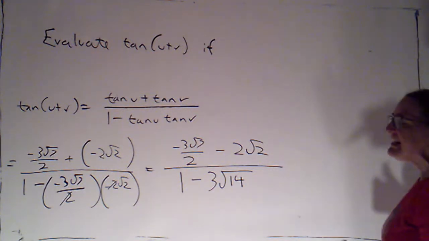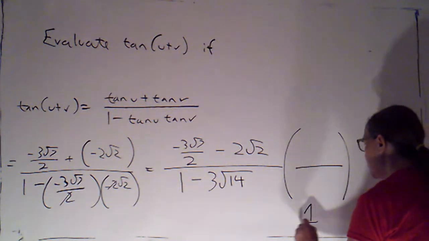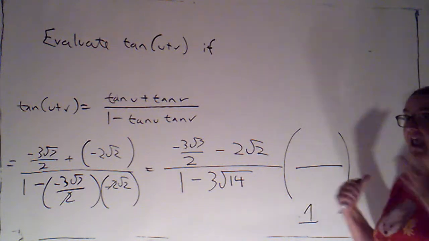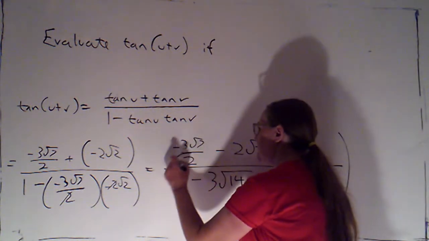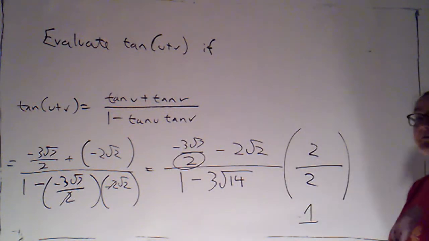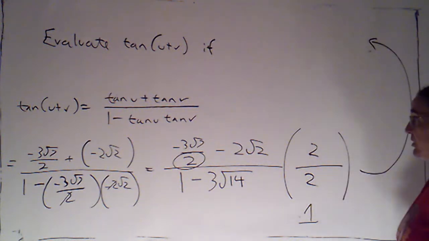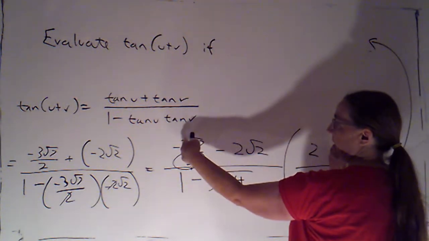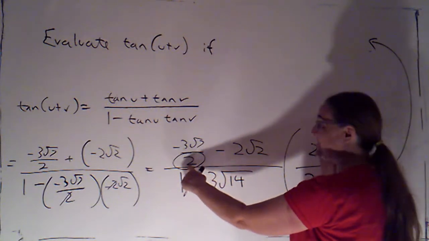It's generally easier, though, to simplify a complex fraction by multiplying by 1. I'm going to multiply by 1 in the form of everything that I want to cancel. What I want to cancel is this internal denominator. So I'm just going to multiply this by 1 in the form of 2 over 2. Now when I do that, I'm going to bump up here with my result. I've got to distribute this 2 to each piece on top. Now when I distribute the 2 to this first term, it's going to do what I want. It's going to cancel that 2.